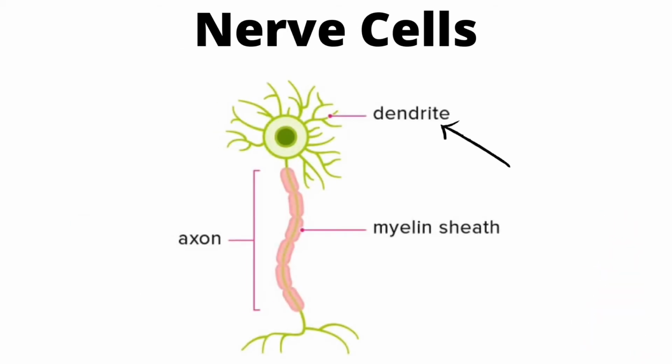So let's look at how damage is caused by multiple sclerosis. Here is an example of a nerve cell, which is responsible for carrying and receiving messages from one part of the body to another. So first we have the dendrite, which is the web-looking things, and they are responsible for receiving information from other cells within our body. Next up we have the axon, and this is responsible for sending information to other cells within our body. And then last up we have the myelin sheath, and this is responsible for protecting that axon. So think about the rubber shell that protects electric cords.